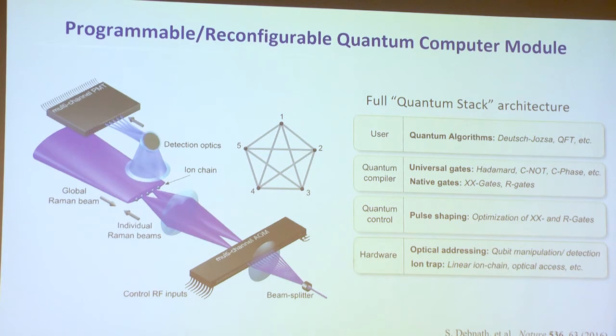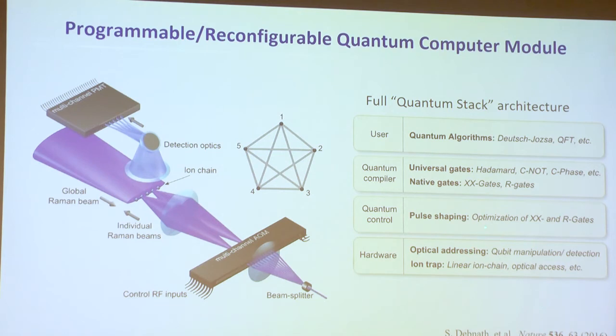Okay? But what's interesting about this experiment is, at least in my life, for the first time, we've had the full view of this, what we call a quantum stack. The user up at the top is like Feynman. He doesn't want to do any atomic physics. He has a certain task, a certain pattern of gates he wants to do. He says, I want to do these gates. Here we are at the bottom with our linear ion trap and lasers, and we have to fill it in.